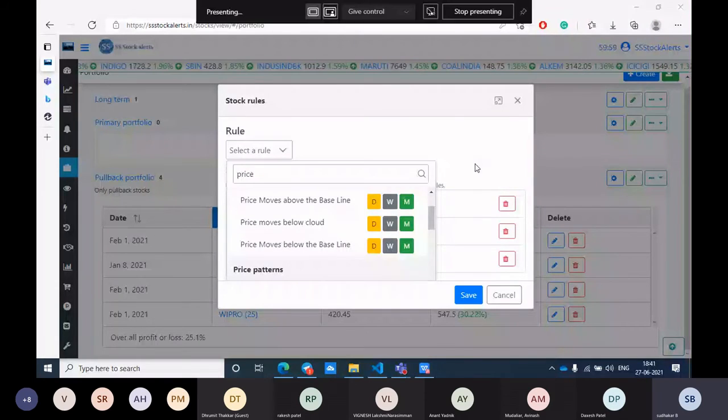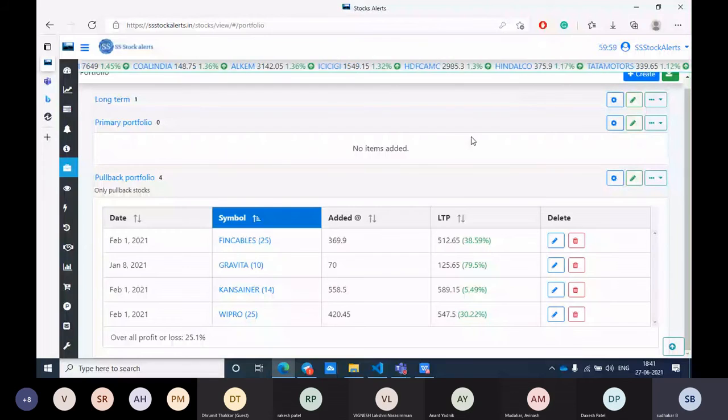So this will be helpful, without managing things manually, you will automatically get the notification for trailing SL only. That's why this portfolio management will be helpful. Suppose you have added stocks, you can have any number of stocks, and you want to close these trades whenever any of the stocks closes below the Kijun-sen. So just add a portfolio, come to edit rules, and you can select a rule. You can set any number of rules here.